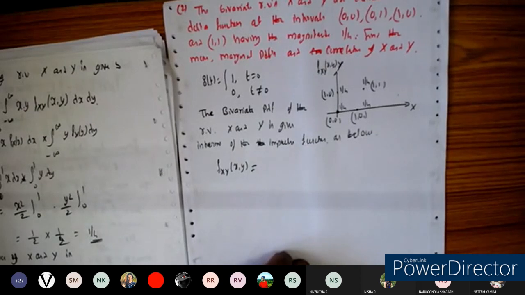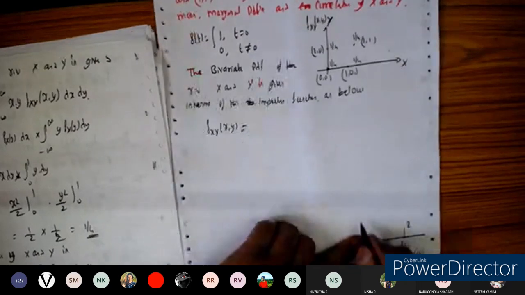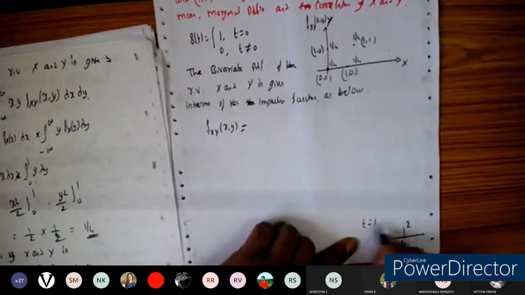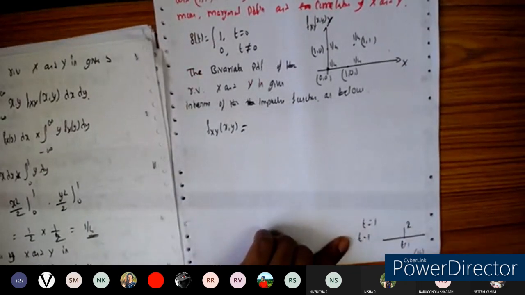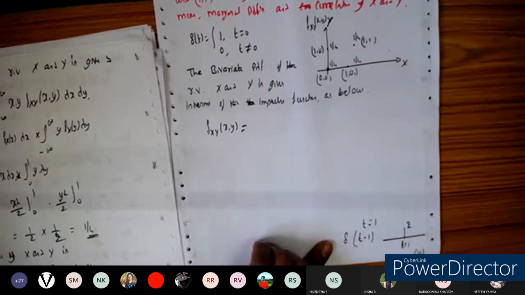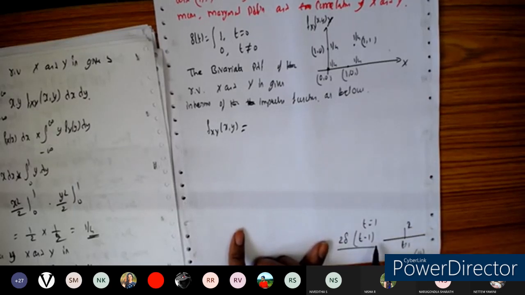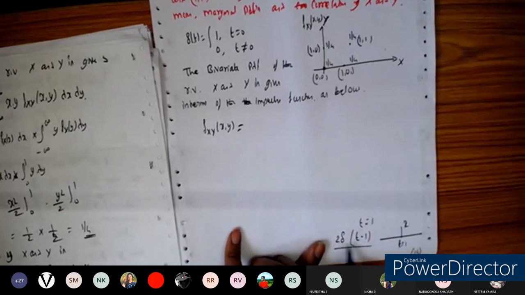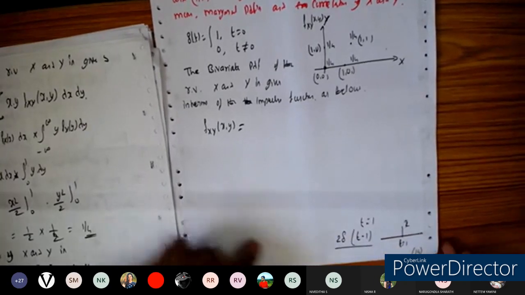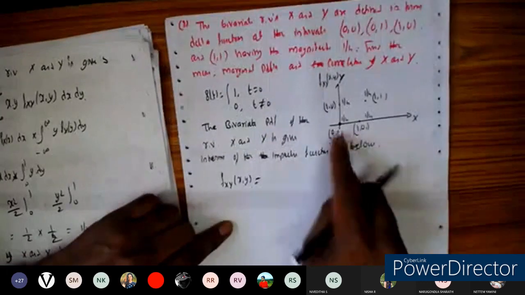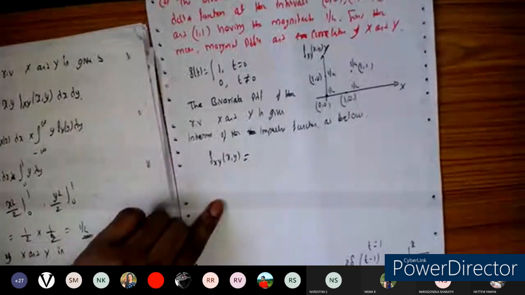Suppose I want to express this in terms of the impulse function. So t equal to 1 is there; send 1 to this side, so it becomes t minus 1. Put the braces, put the delta function, so it is delta of t minus 1. When t is equal to 1, if I substitute, 1 minus 1 becomes 0. We need to multiply with the corresponding amplitude, 2, so we can express it like this. You have already seen this in signals and systems. So 2 into delta of t minus 1. Now you got it, how to define at the corresponding locations.